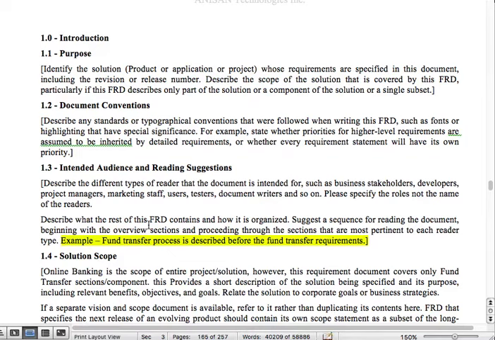It will also describe the scope of the solution that is covered by this FRD, particularly if the FRD describes only part of the solution or a component of a solution or a single subset. For example, if you are going to describe only the fund transfer, which is part of the online banking solution, right? In this case, here is the space where you need to describe what the overall project is, and what if this particular document is representing only one section of that whole